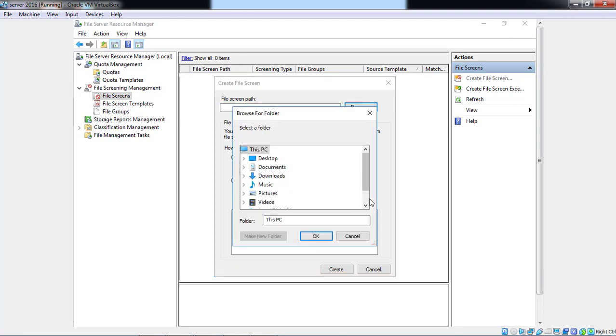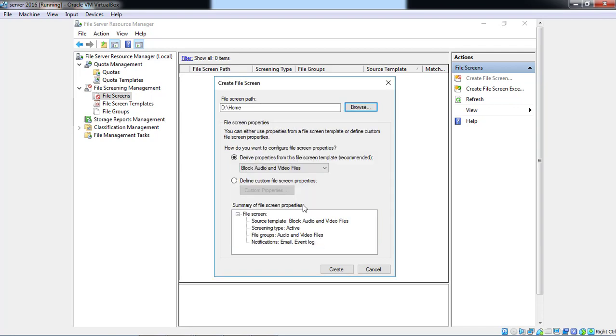So our path is D, and the home folder. Then here you can change your file groups. Suppose right now we have no video files, so we have selected to block the image files.